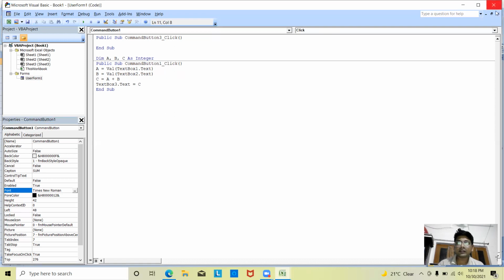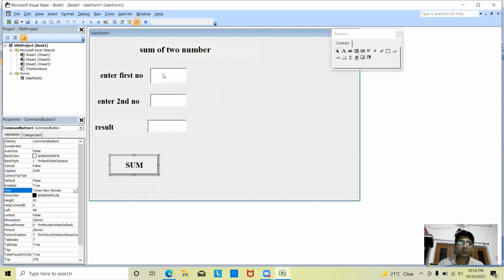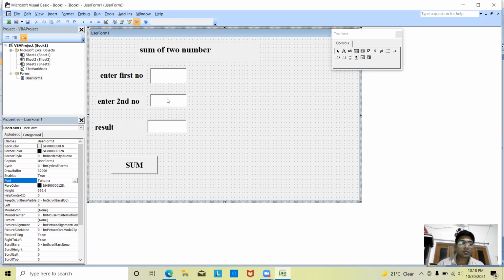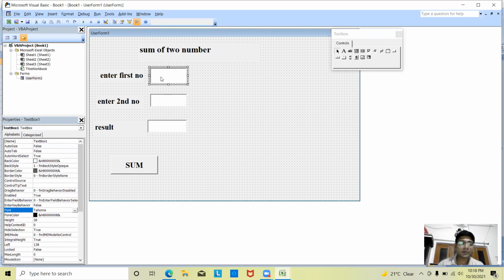एक काम हम और कर सकते हैं, उसके font size को हम change कर सकते हैं. So we will not copy the text box.